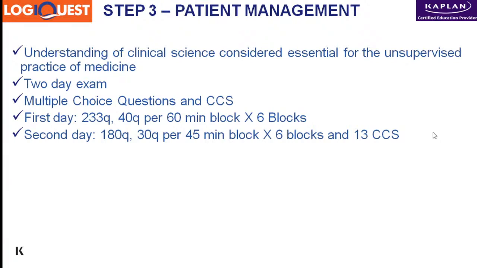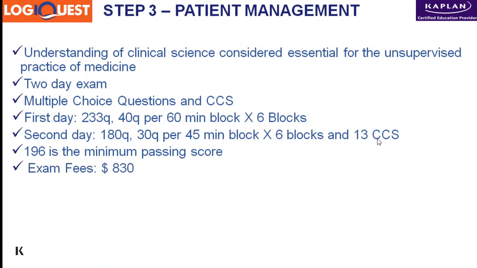13 CCS. Now, what's a CCS? In Step 2 CS, what we've seen a slide before, the patient is face to face. Step 2 CS, which is clinical skills, face to face. Here, to the same CS, one more C is prefixed over here. Now the same CS becomes a CCS, and this C stands for computer. So it's computer case simulations. So a simulator is given to you, patient scenario is there on your computer, and then you start off. And depending on how many patients that you've saved and how many you've killed, you pass the exam or you fail the exam. 196 is the minimum passing for the Step 3 examination,